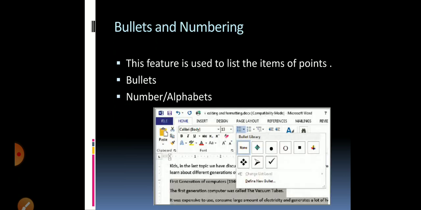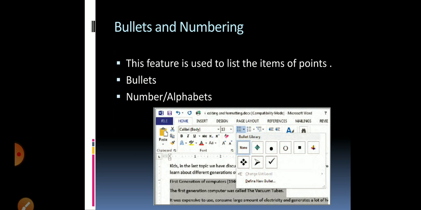Okay, next, bullets and numbering. This feature is used to list the items of points. There are two methods. First is bullet and second is numbers or alphabet. So first, bullet. These are used when there is no particular sequence of text to be followed. There are various styles for inserting the bullets. Next is numbers or alphabet.